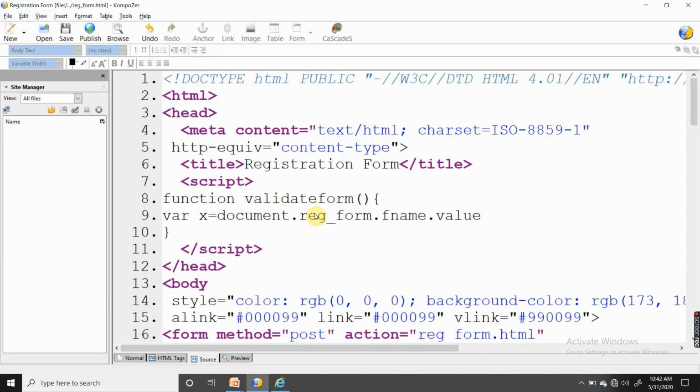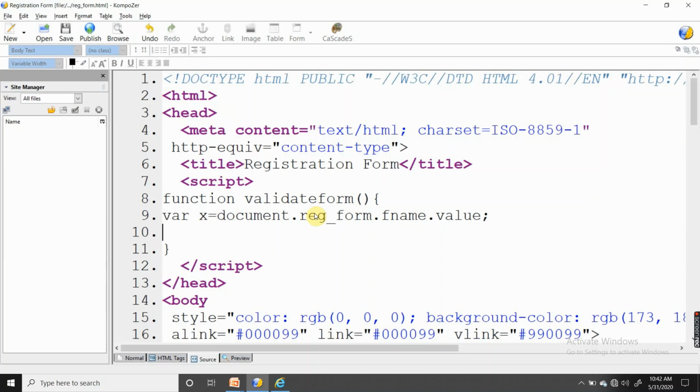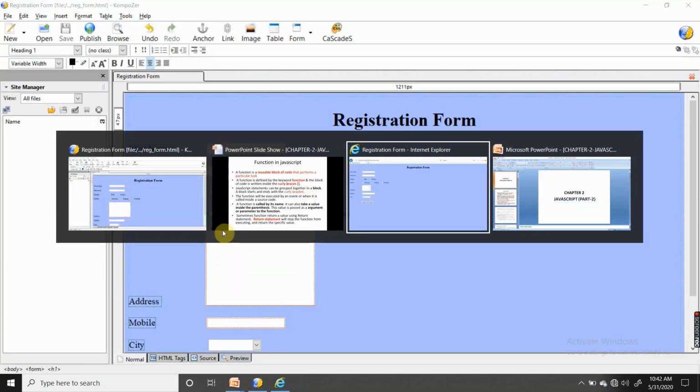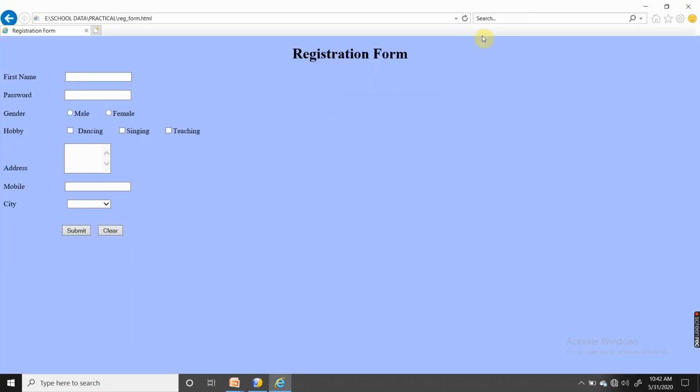This is the property I'm using. Now I will alert this box. Alert x. When you are alerting any variable, you don't have to use double quotes. For a string only, for a customized string only, we use double quotes. Here I will enter my name in first name and click on the submit button.